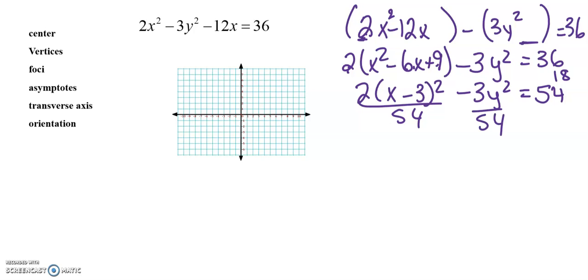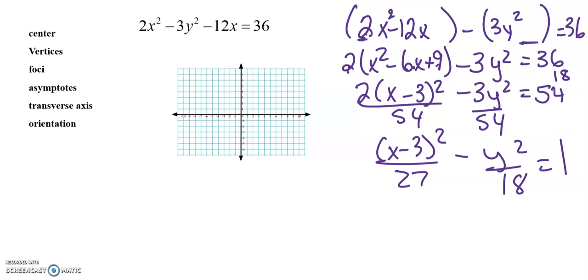Alright, so let's see if we can reduce this. 2 into 54 would be (x minus 3) squared over 27. And then this would be minus y squared over 18. And it would equal 1. And neither one of those worked out very well at all. Okay, so let's